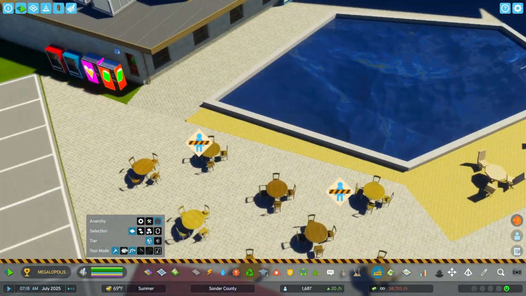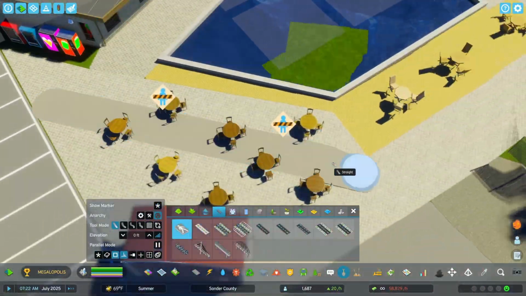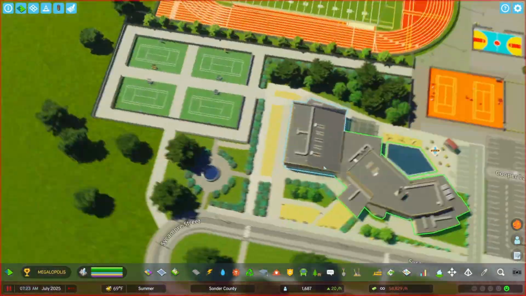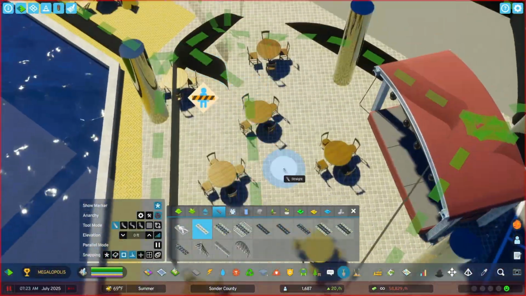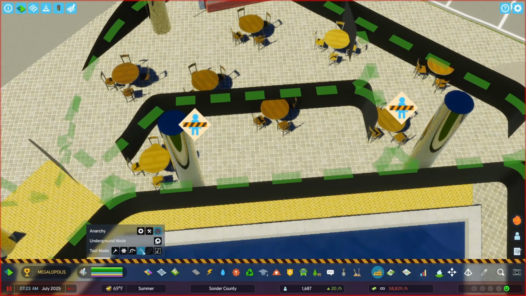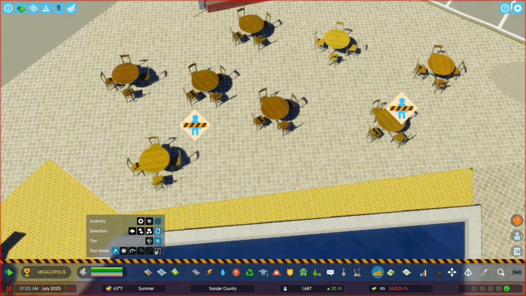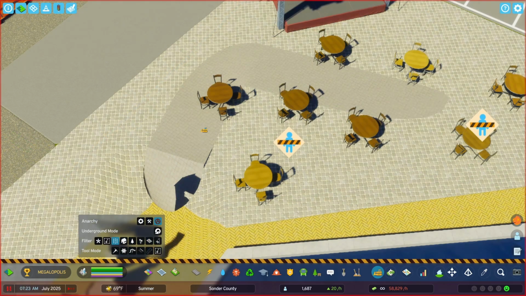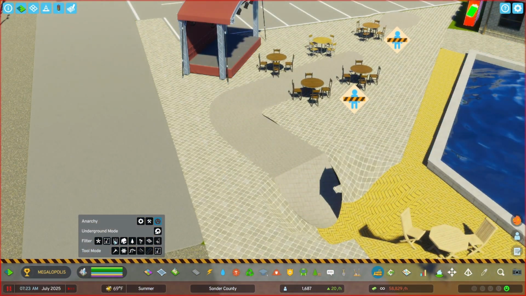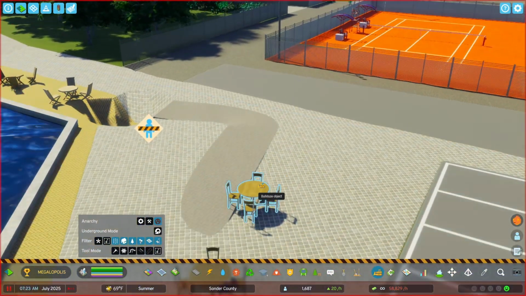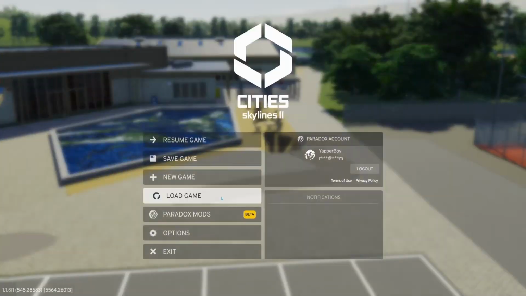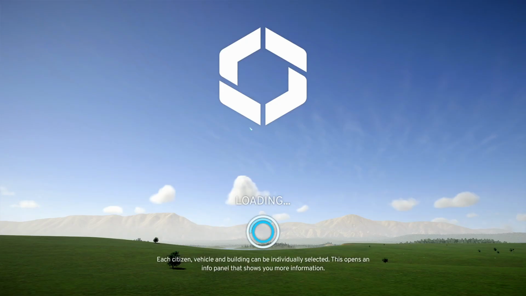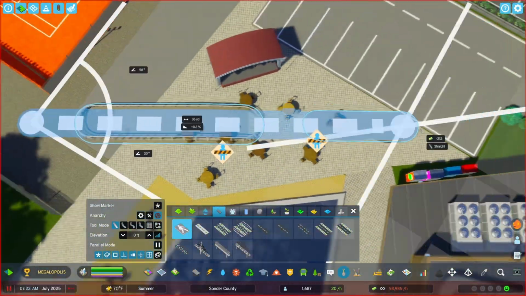And I understand that there isn't a definitive separation between European and American style education buildings here in Cities: Skylines 2. It's really confusing right now because they don't have, say, a European high school or an American elementary school. Instead they have just high school, elementary school, and then college. And then the college looks like a European or very old American building. It makes me confused, but anyways, this is what an American high school would look like,